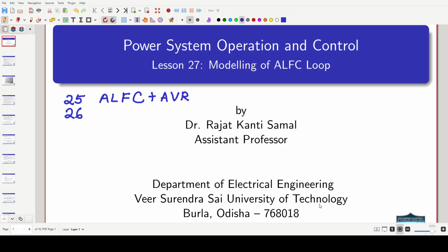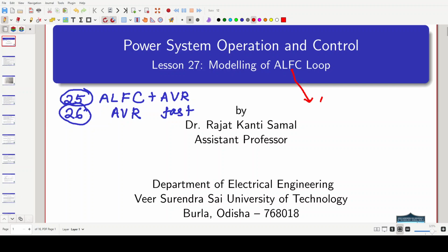Okay, so we have automatic load frequency control and automatic voltage control as the two control loops that we discussed in lesson 25. In lesson 26, we discussed the control model of the automatic voltage regulator loop, and we saw that it is a very fast loop and we are not very much concerned about the performance of this loop. So, two classes we are going to see the modeling of